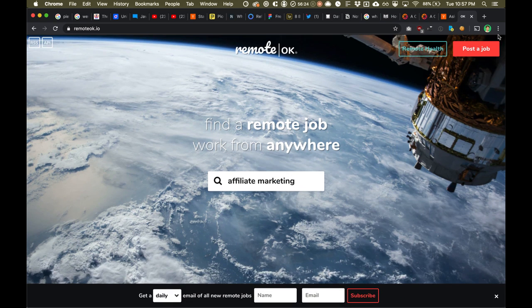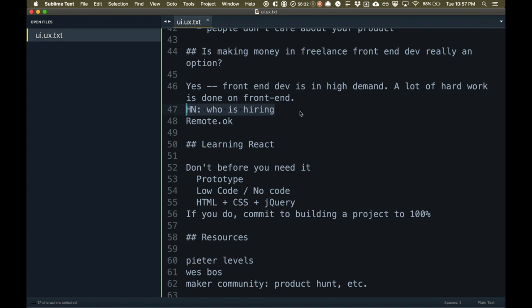You can also find jobs on Reddit. If you're just getting started and you don't have a lot of experience, I would say your first thing should be not looking for a job, right? Obviously you do want to make money, but just build a few projects, right? Build a few useful projects with just HTML, CSS, and JavaScript. And after you've got those under your belt, put those up on a portfolio website.